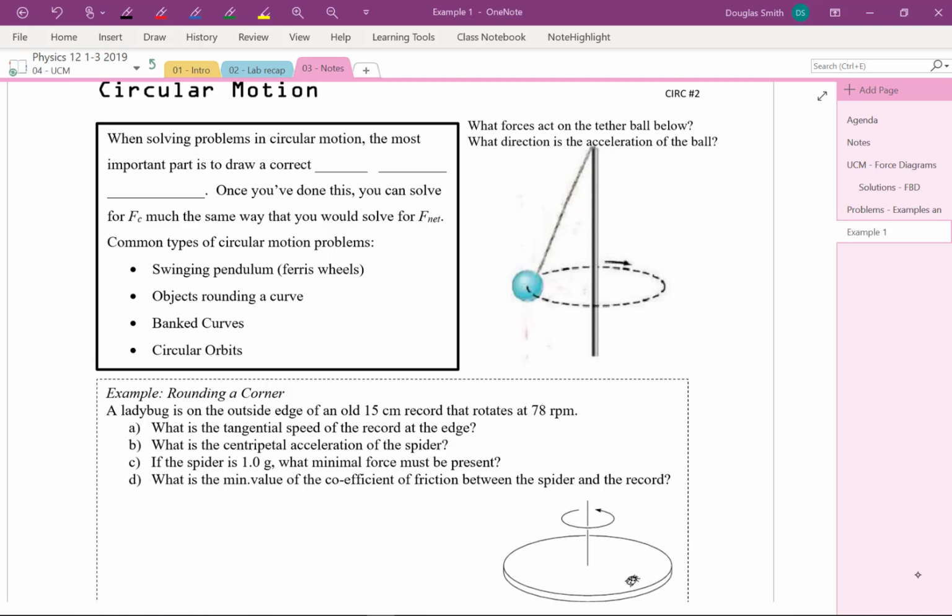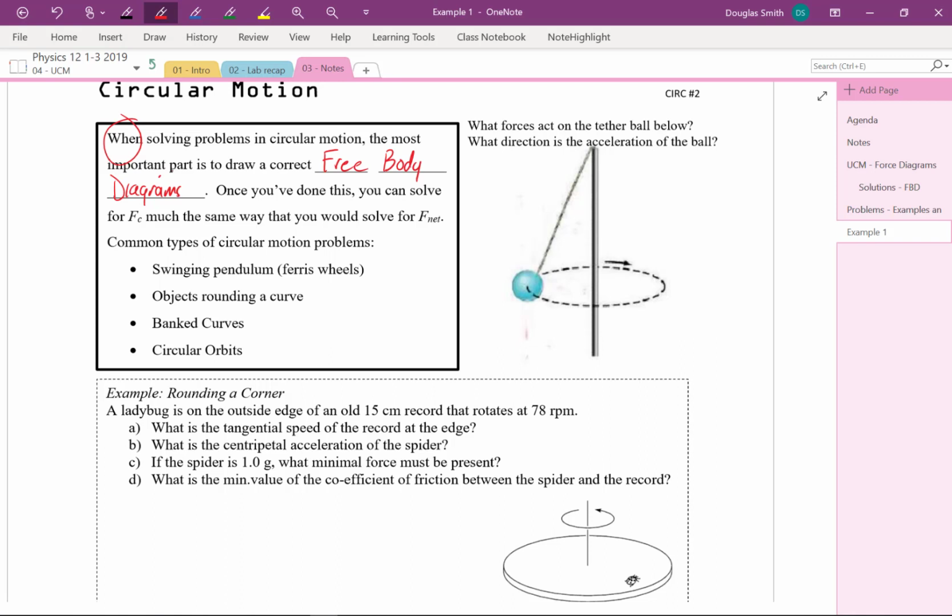Okay, I'm going to go over an example of solving a problem using centripetal forces. The most important part when solving problems is to draw correct free body diagrams or force diagrams. Once you've correctly drawn your forces, then you solve it like you've always solved a force problem. You add up the forces, see where the net force is, and then use Newton's second law,